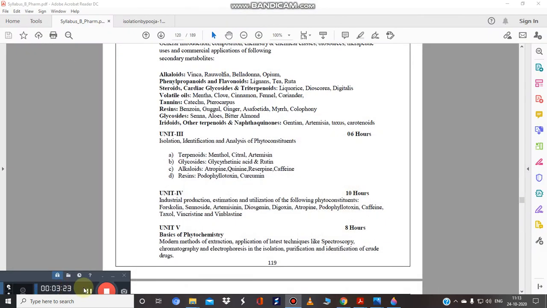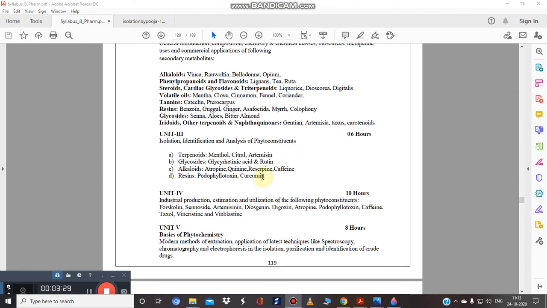So let me pause this now. In this way, you will find the results. I will not say this is the most accurate result, but it will somewhat give an idea. Sometimes we are asked how we will measure the Rf value of this spot. We will select the center, because the spot is spread. It is not a single point; it has a diameter. So we will select it from the center. The distance traveled by the solute divided by the distance traveled by the solvent front is the Rf value. In this case, it generally lies up to 0.41 or something. I hope this will give you an idea about the isolation, identification and analysis of the caffeine.